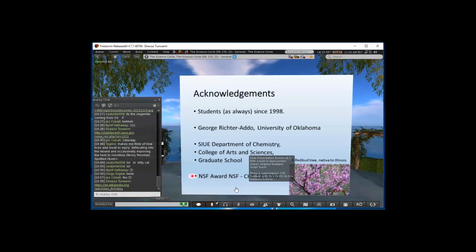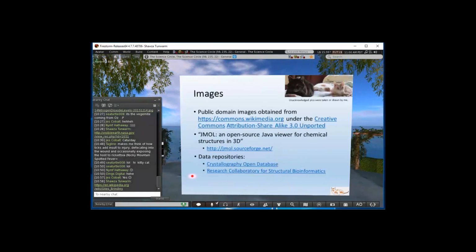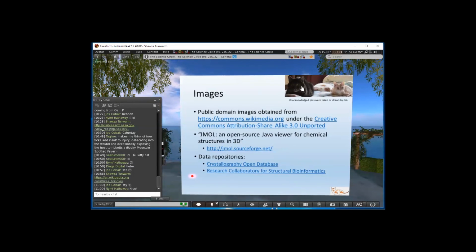Currently, NSF award from 2012. We have been renewed, so we'll be continuing to work in the next 3 years or so on the HNO molecule and how it interacts with transition metal compounds. Let's see, finally, where I get stuff from, I try to do everything public domain, try to make sure that all of my sources are cited.